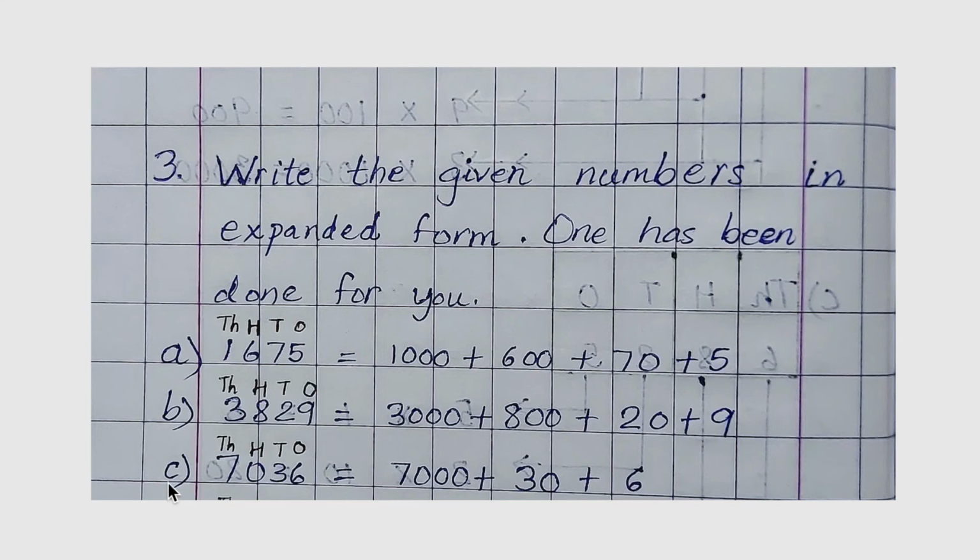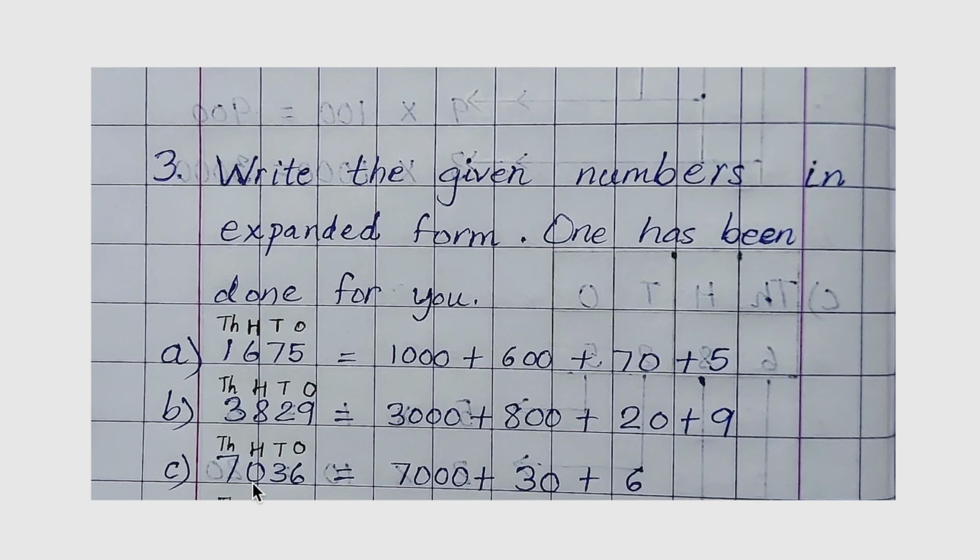Then, in the next one, C, we have this number. Note down the places above each digit. Read aloud the number. 7036. Now, starting from the thousands place, we have 7 thousands over here. So, place value of digit 7 is 7 times 1000. That is 7000. 7 followed by 3 zeros. Then add. Then we have 0 at hundreds place. So, we know that place value of digit 0 will always be 0.